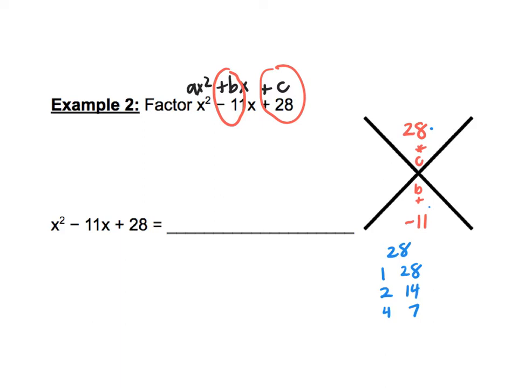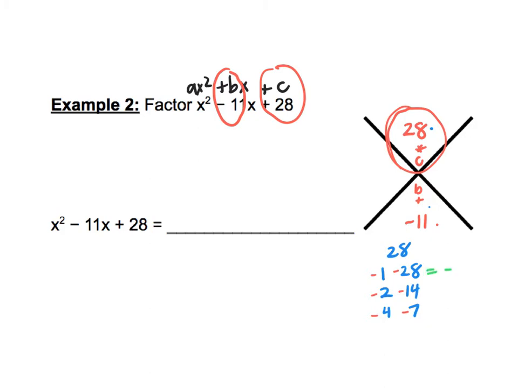Notice that we have a positive number on top. Remember, if you have a positive on top and a negative on the bottom, that means that both your numbers have to be negative. In order to multiply negative numbers to a positive, you have to have 2 negatives. So from here, I'm just looking for which of these 2 negatives would give me